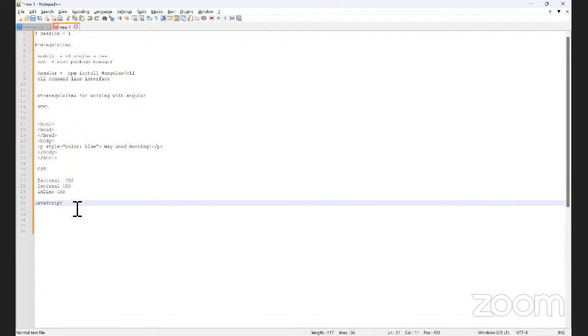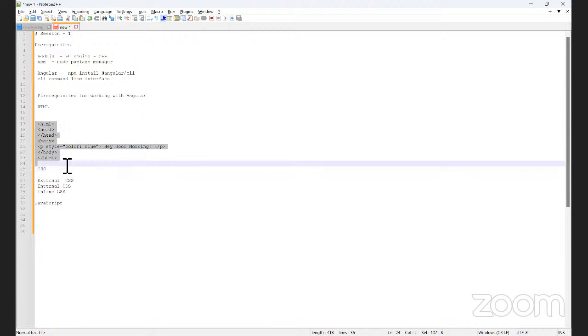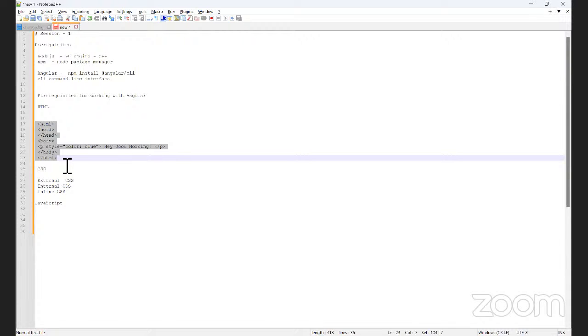Why we use JavaScript in Angular is, here we are writing some content, Hey, good morning. After that, we are applying some styles. But sometimes we need to display, hey, good morning, everyone, sometimes with a specific name. If we want to print dynamic content in the browser, with HTML we can write static data only. If you want to develop a dynamic application, then we need JavaScript.